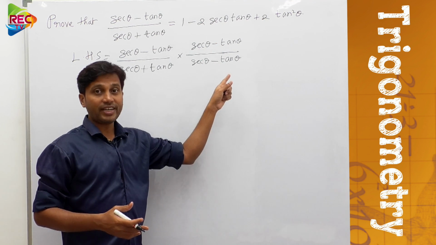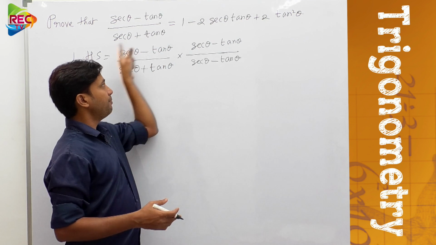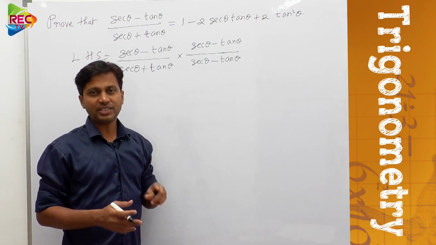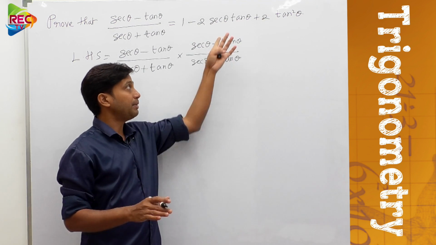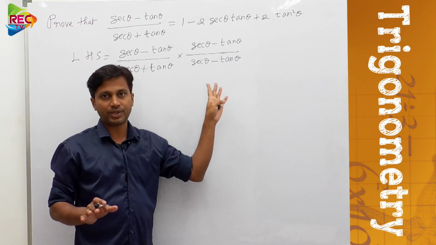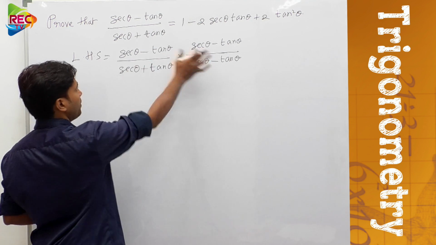When we multiply and divide with the same expression, if we cancel this again, the same problem will be left over. That means the value of the expression remains unchanged while multiplying and dividing with the same expression. That we know from the basics. Anyways, so now do multiply them.